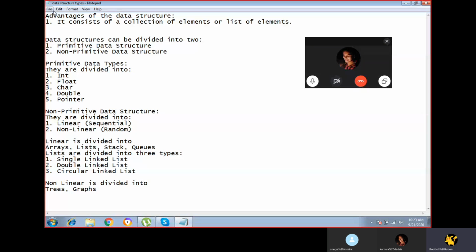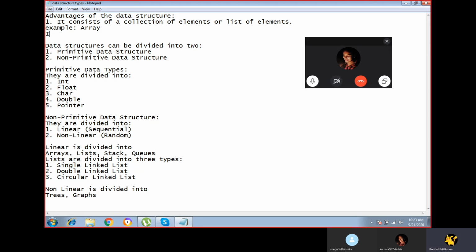The best example we can take is an array. In an array, a list of elements is present. An array is a list of elements, or a collection of elements.